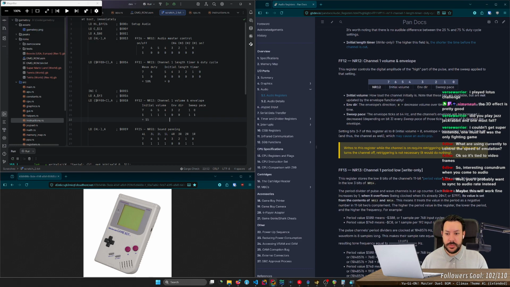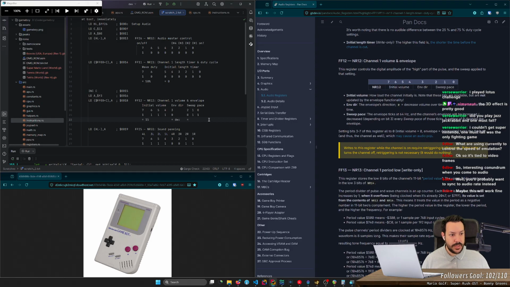Envelope direction is going to be 0, so this means it's a decrease over time. And the sweep base. Oh, hold on, I already messed this up. It's this. So this is actually also modifying the volume, which makes sense because it kind of fades out the sound, if I remember correctly.